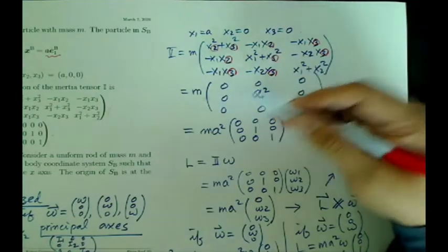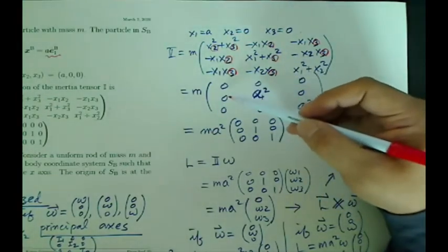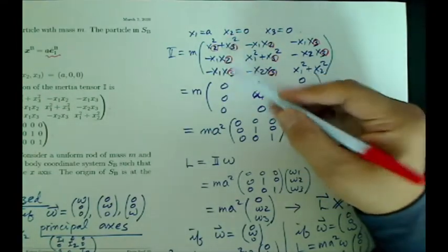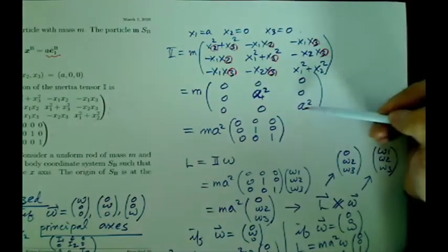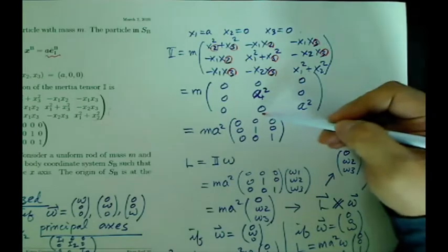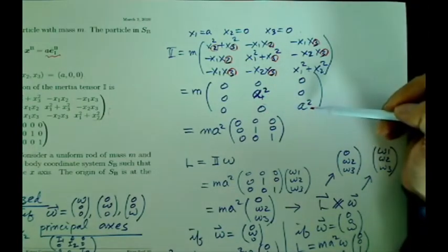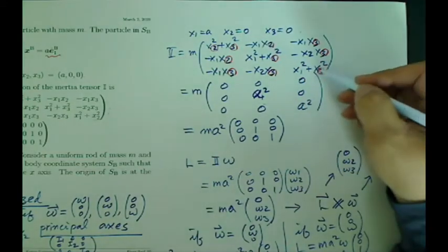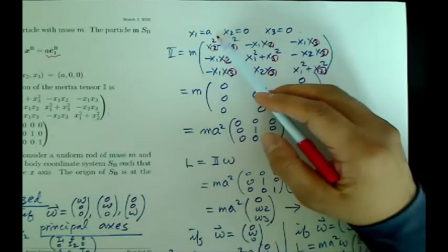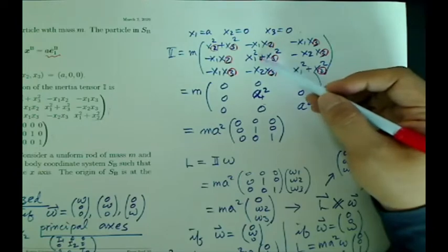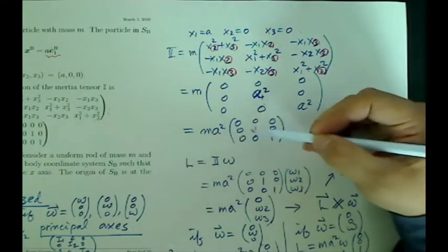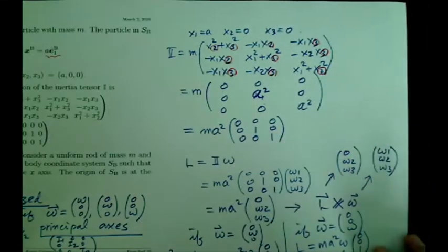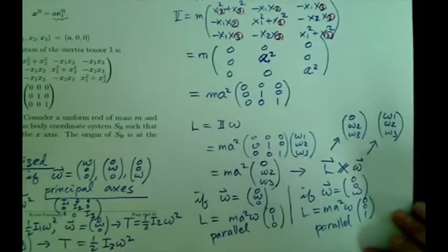So the red ones are all zeros, and the remaining piece is 0, 0, 0, symmetric, 0, 0, and 2, 3, 0, symmetric. This is 0. These two survive, and x2 is also 0. Only x1 survives. x1 is a, so we have a squared. The answer is m a squared multiplied by this matrix. If that is the case,